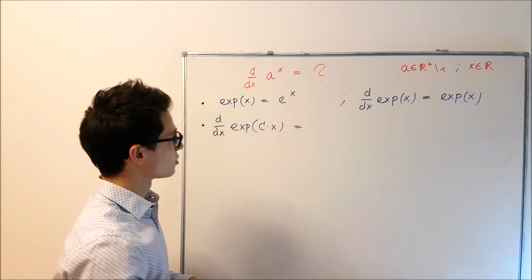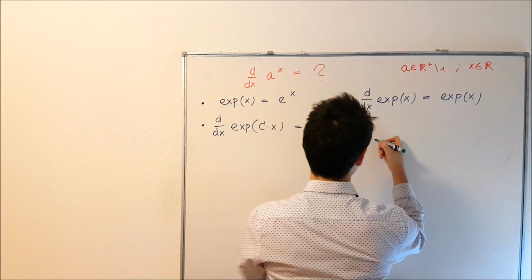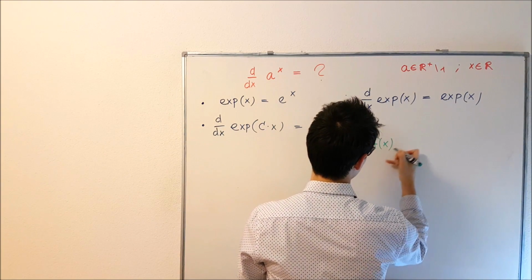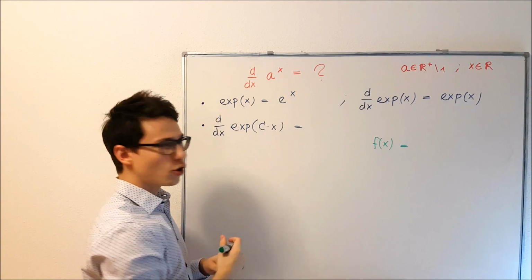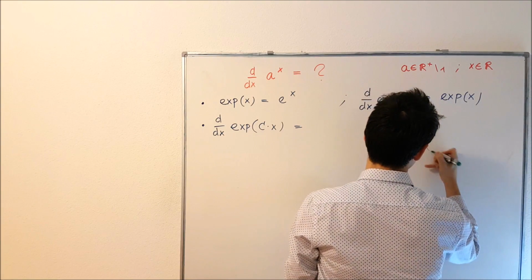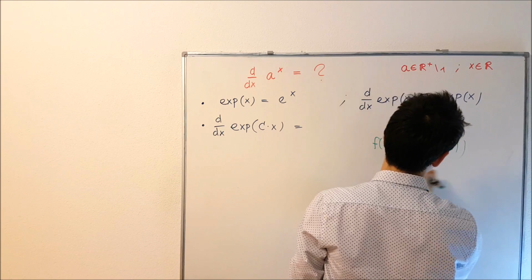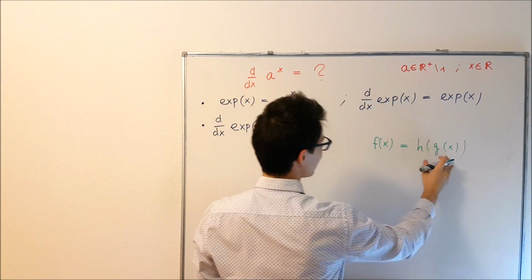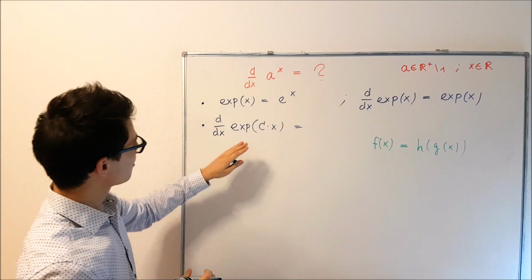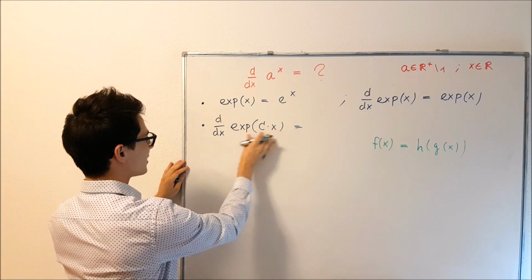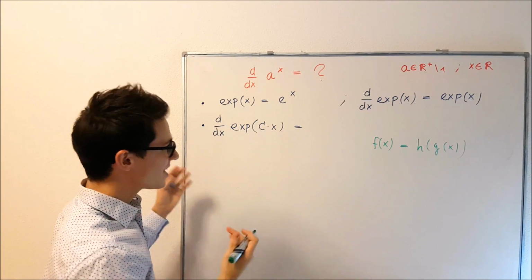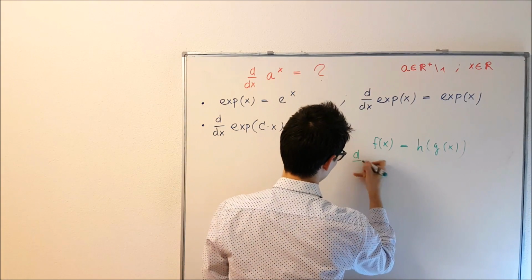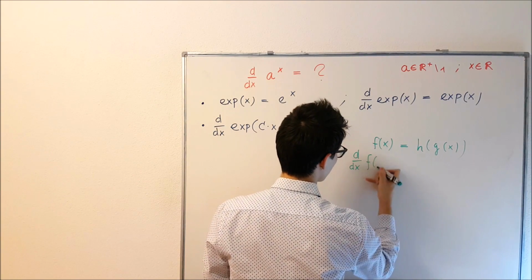And this goes as follows. So if we have a function f of x that is of the form h of g of x, so if we have a function in a function, the same as what we have here, then the derivative of such a function is given by,